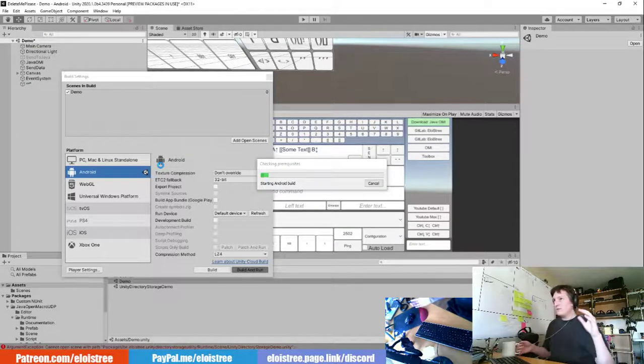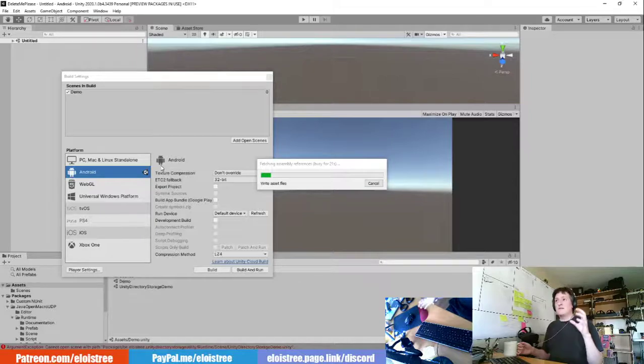I suppose that you watched a video about how to make an application on Android, but if you didn't, to be able to do that, you need your phone to be in developer mode. So you need to go in the settings, go on the build number of your phone, click 7 times to say I'm a developer, and then you just tell your phone to allow USB debugging, and from there your phone will accept applications that you create in Unity.